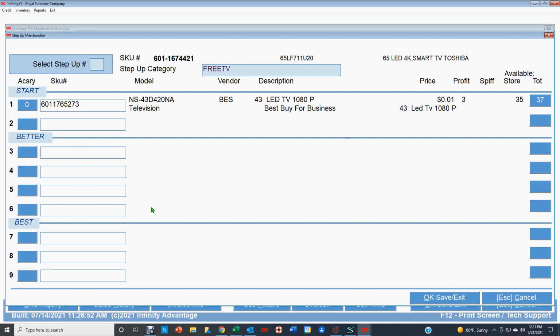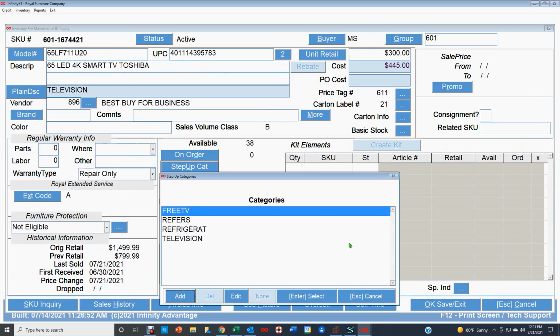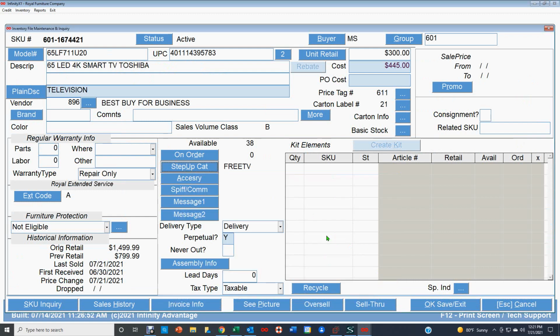And then the next one, okay. And anytime you do this, you can put quite a few items on here to display for the salesperson if that's what you want to do. Okay, so now we've got that created. We've got two items in that step up category, and so now the way we're going to let Infinity know that when they sell that bedroom set,